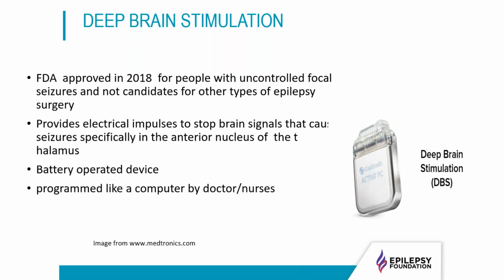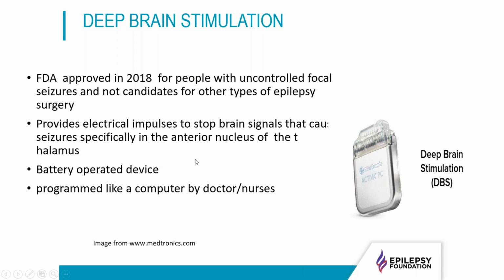And perhaps the RNS is not a good solution for them, and or they're kind of concerned about the invasive nature of the RNS. Maybe they already have a VNS, but it's not really giving them the seizure control that they want or the seizure reduction. Lots of reasons for them to look into this. And deep brain stimulation has been used for Parkinson's and other movement disorders for years. Well, the way it's used for epilepsy is very, very specific.